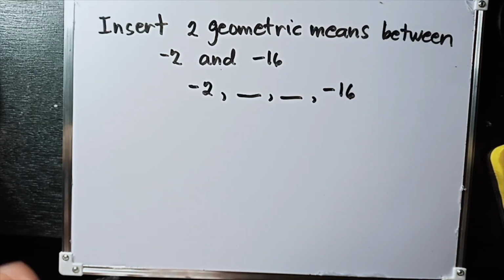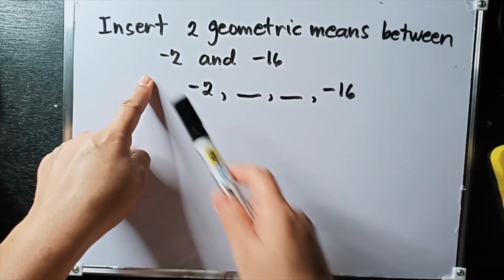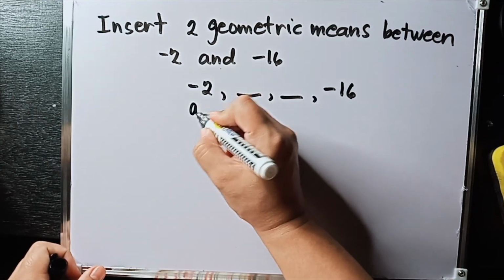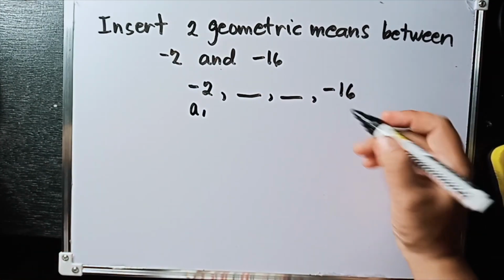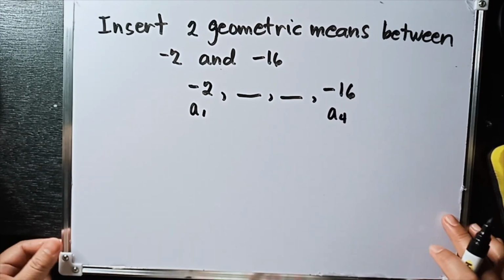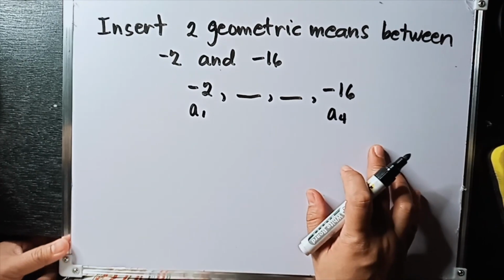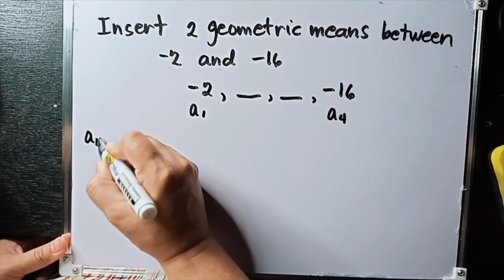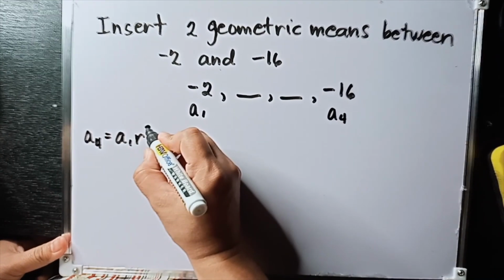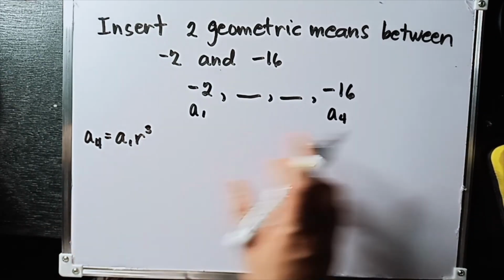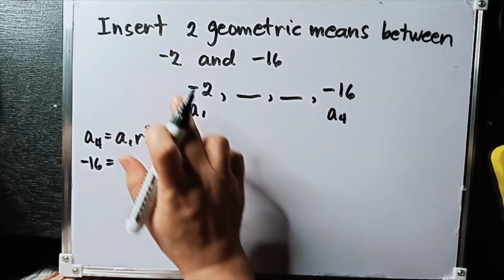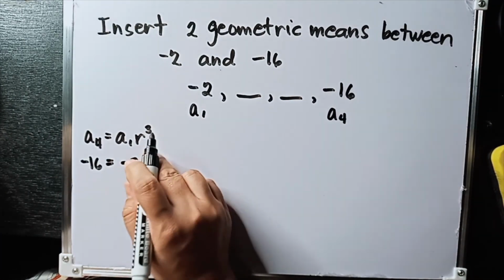Let's work on this example. Insert two geometric means between negative 2 and negative 16. So this one is our first term, and negative 16 would be our fourth term. Let us find first the common ratio. So how are we going to do that? Remember that a sub 4 is also equal to the first term times the ratio raised to the third power. So substituting, a sub 4 is negative 16, equals the first term, which is negative 2, times